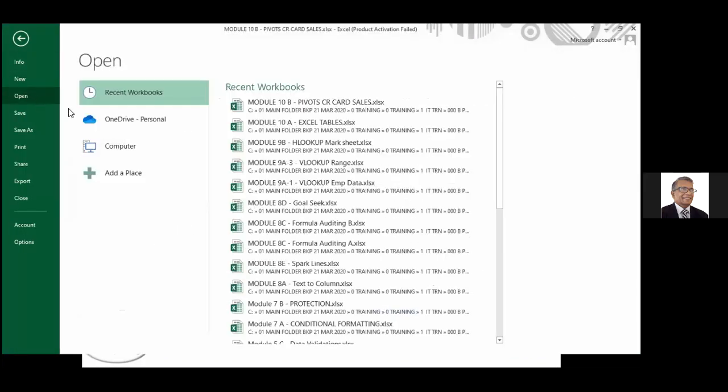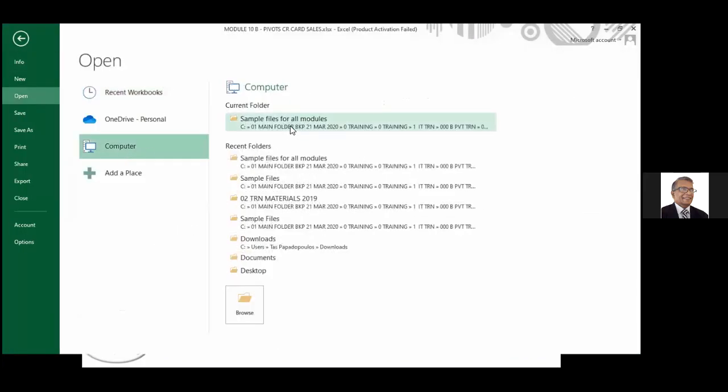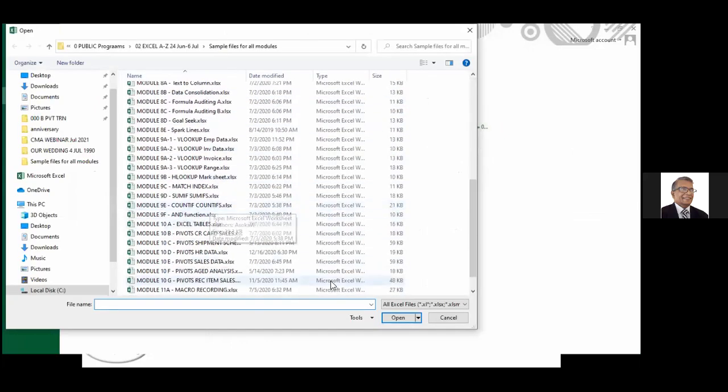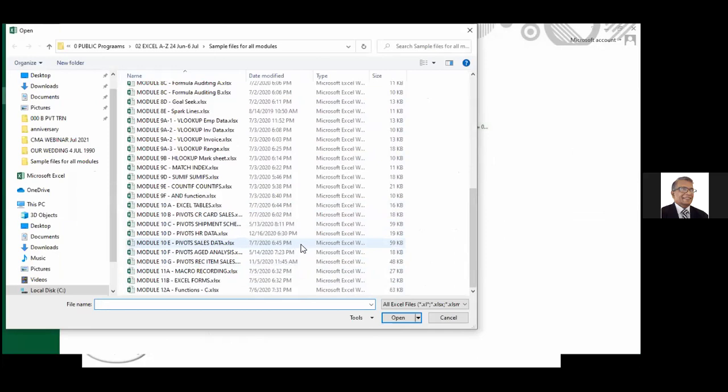Can you open this sample file to show you what are the other things you can do with pivot tables? Can you open number 10E? 10E. Number 10E.